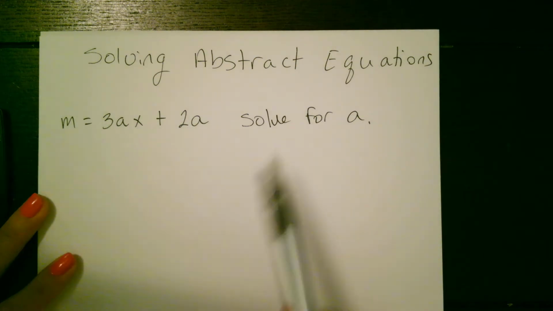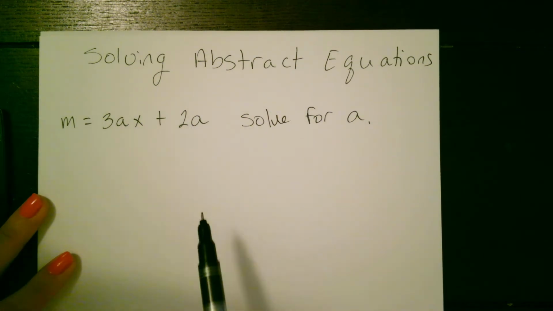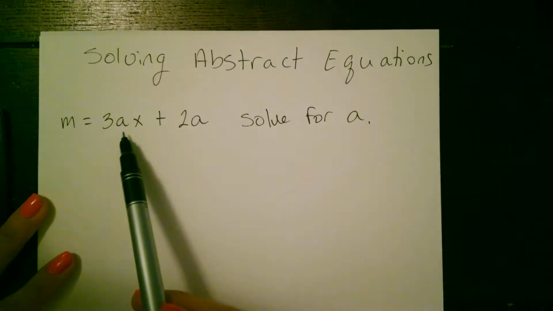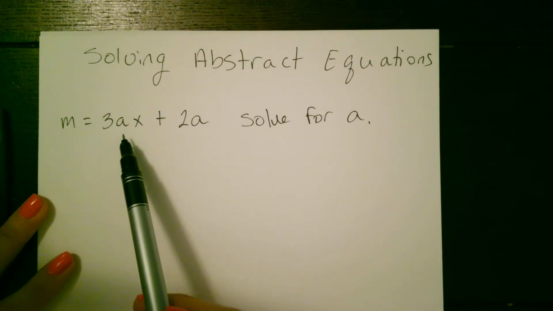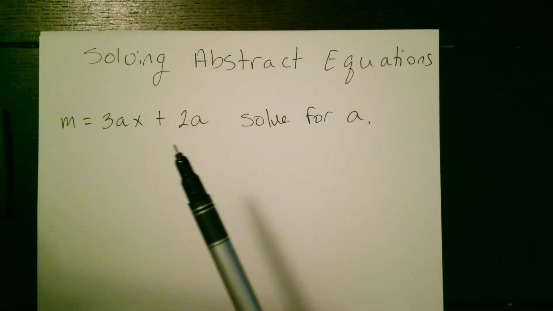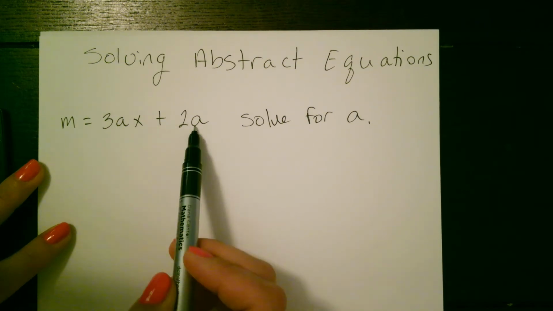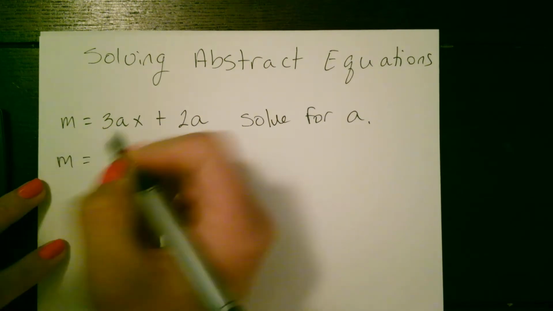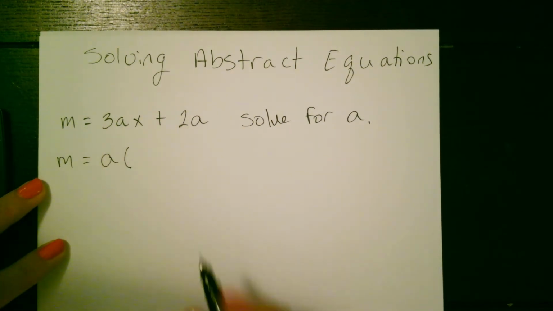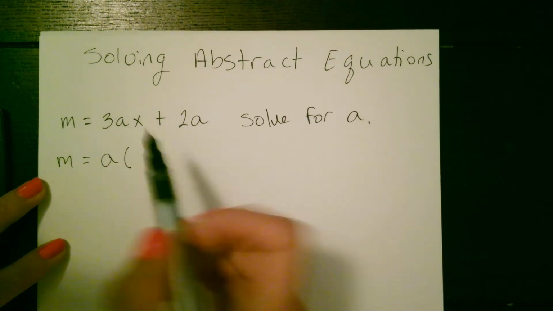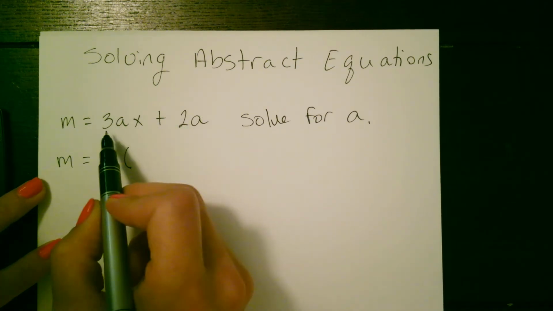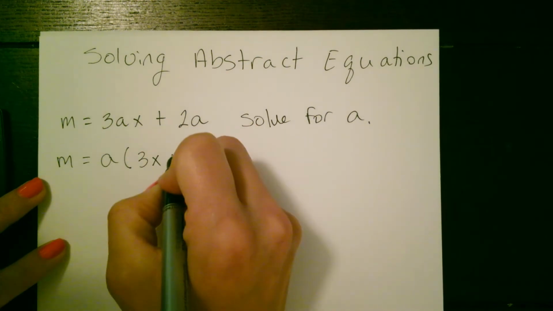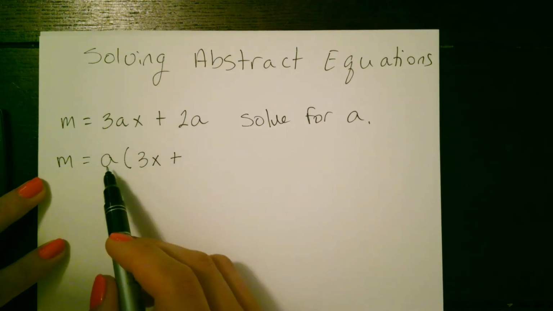I notice in this equation that I have two a's. I could subtract 2a to the other side, but that still leaves an a on the right. So I need to figure out a way to condense my a's down into one single a. I have two terms here. They both have an a, so I'm going to factor that a out. So I'll have m equals a times... If I factor the a out, I'm dividing both of these terms by a. So 3ax divided by a, those a's cancel out, so I'm left with 3x plus 2a divided by a gives